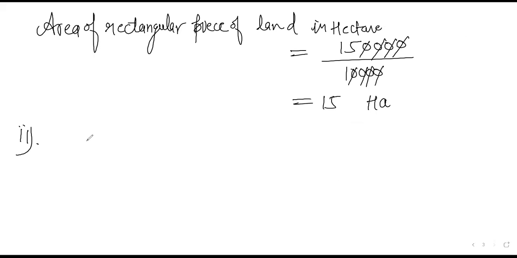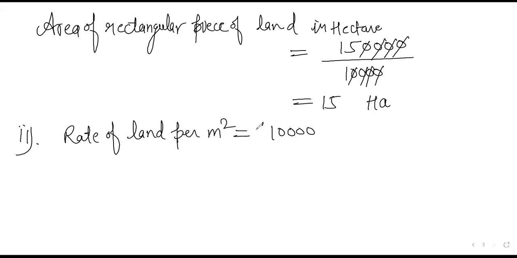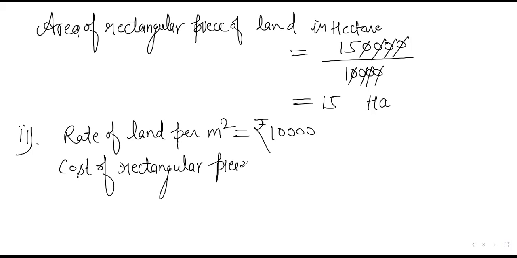If 1 meter square costs 10,000, that means, not cost, the rate of land per meter square is given as rupees 10,000, right? Rupees 10,000. So the cost of a rectangular piece of land